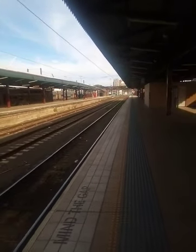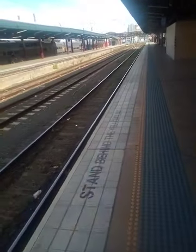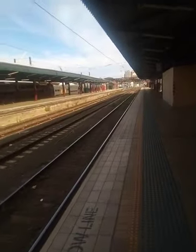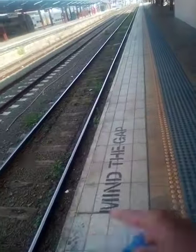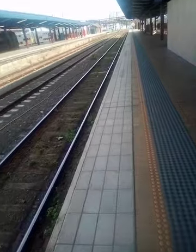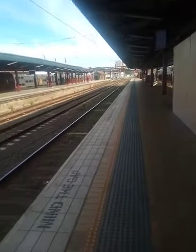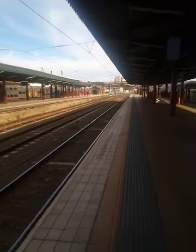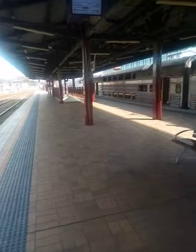comes out at Sydenham, and then they're going to convert this type of train track to have glass sliding doors here on the platform, and be a driverless train, whereas these ones have a driver and a guard. And this train here I'm about to get on is our famous interurbans,